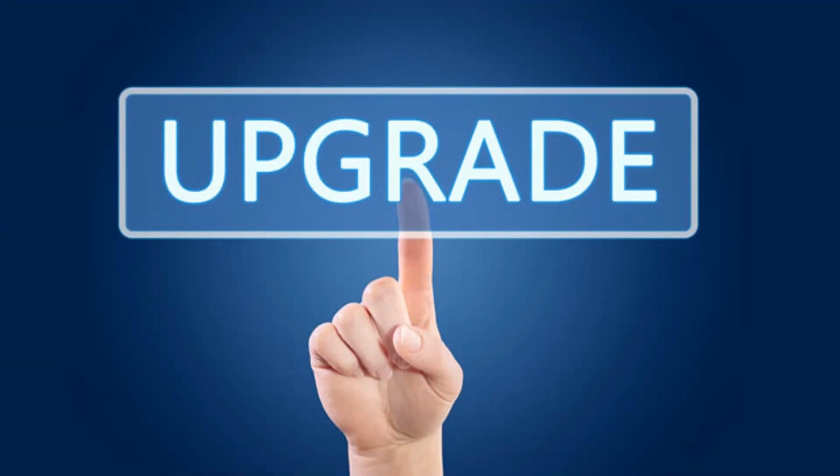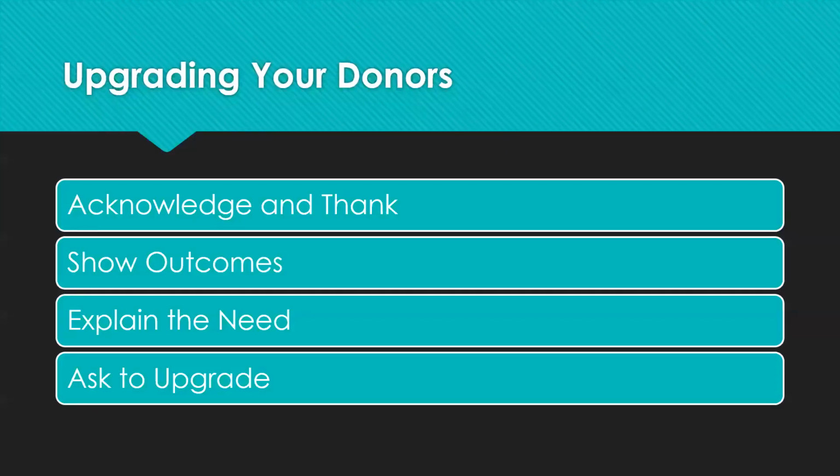Now, I have a four-step strategy, kind of the messaging or conversation that you'll want to have when you ask your donors to upgrade. The first step is to acknowledge the most recent gift, right? If you're asking a donor to upgrade, you want to recognize your donor for their recent gift and the money they've given you in the past. Thank them for their support and investment in your organization, and let them know the crucial role they play as part of your team. Then, second, you want to show the positive outcomes from the gifts they've given. Explain to your donor all the great things you've been able to do with their money, all the people that they've helped, all the good that's being done in the world because of them.